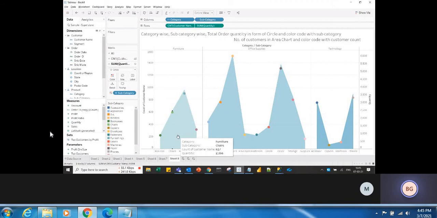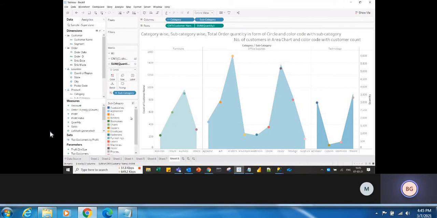When I want to see the customer area, I don't want to see the quantity, correct? If I place it at this circle, the circle shows the order quantity, so when I take the order quantity here, it has to show me only order quantity. Why am I seeing the customer name and customer count here? That's 617. Okay, so if you are okay with it, leave it as it is. If you are not, then you need to edit the tooltip.